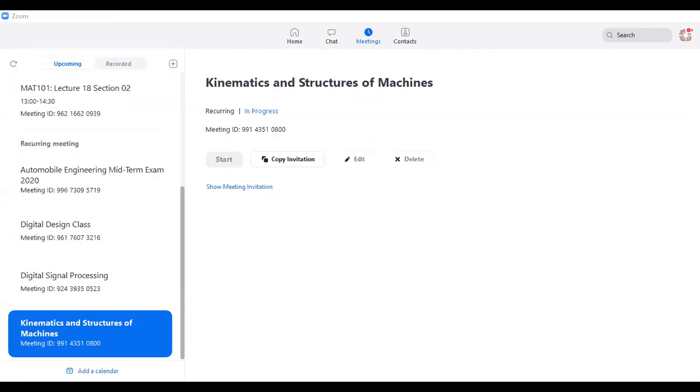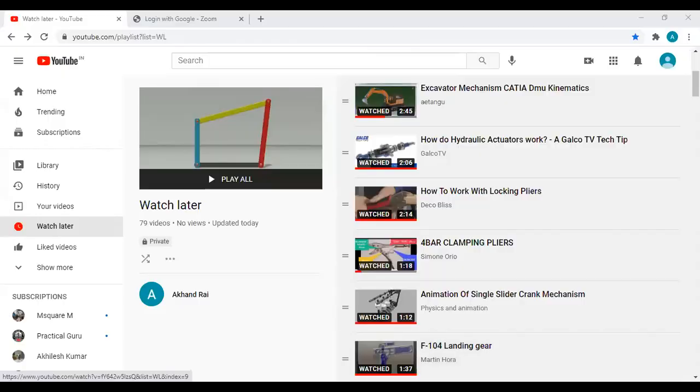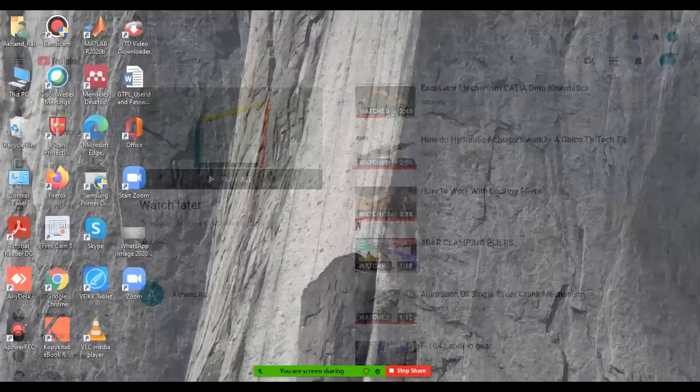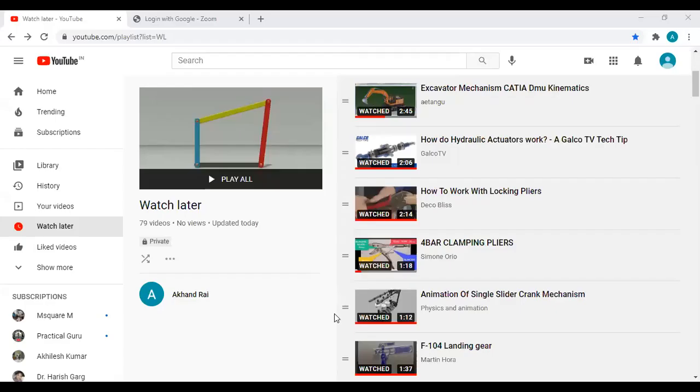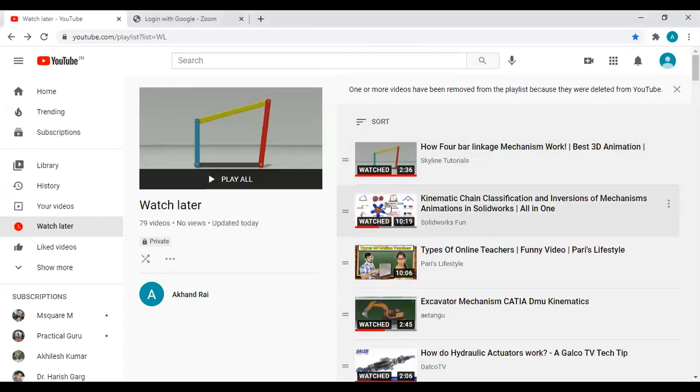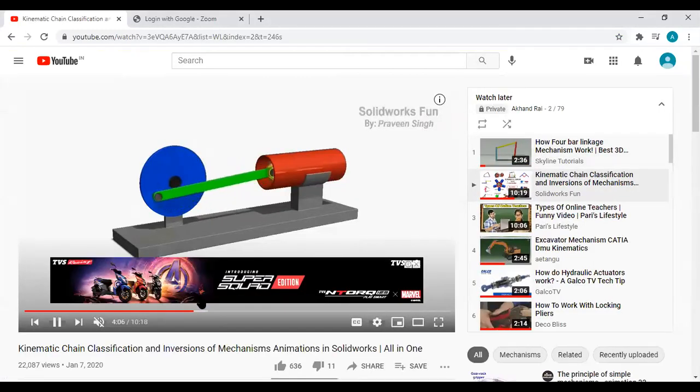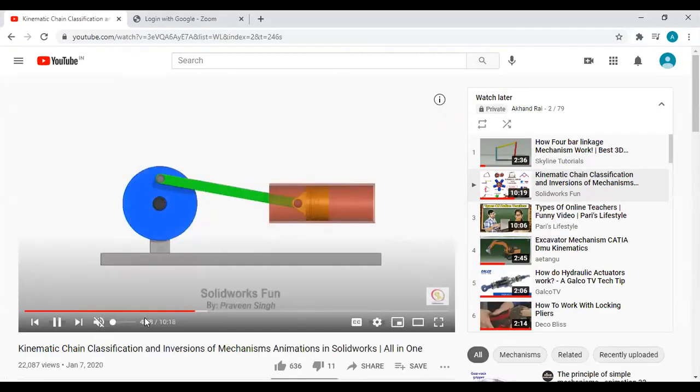Okay, any other doubt? Any other query? Yes, sir. Just one doubt. What is the real life example of Grashof's kinematic chain? Yeah, the real life examples I will show you maybe in the next session, because today I think it will be too much. So a real life example, this is one example.